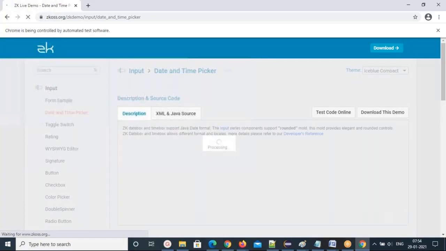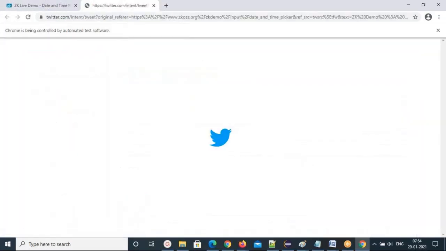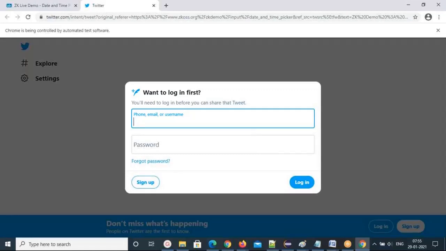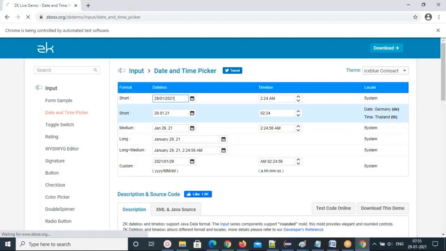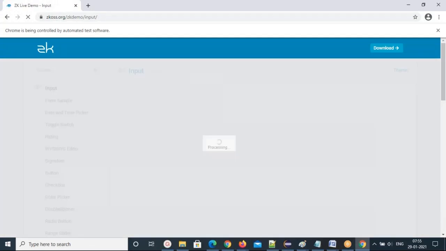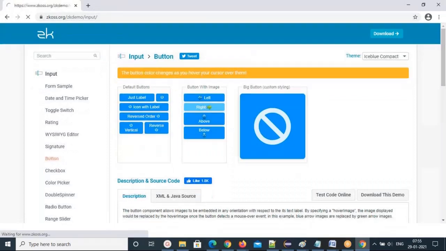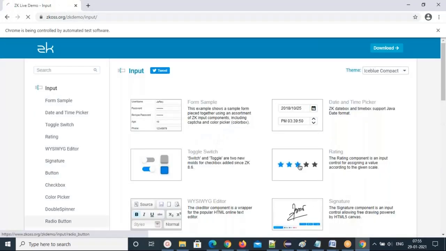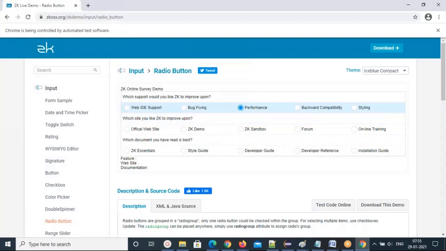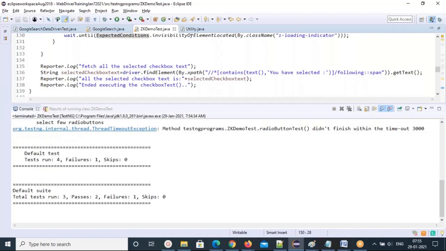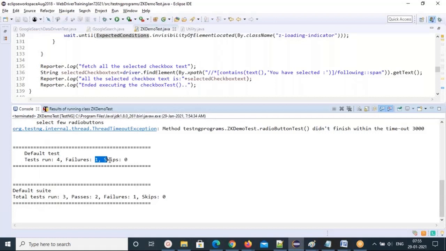You know, date and time pick, first tweet pop-up. Then if you run multiple times, you will find out the stability of your test case also. That's why run multiple times, so that you can find the stability of your test cases. So it should not fail; if you're coding, it should run always without any issues. See that, one failed. 4 test cases, but 1 failed. So 3 test cases passed and 1 failed.